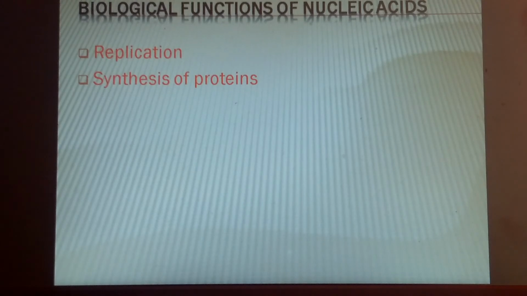That is, synthesis of proteins is done by RNA molecules. To synthesize that particular protein, the message will be coded by the DNA molecule. Until and unless the DNA sends the message for the synthesis, the protein won't be synthesized by the RNA molecule. So in synthesizing these proteins, all three types of RNA molecules will take part, and they play the major role in the synthesis of proteins.